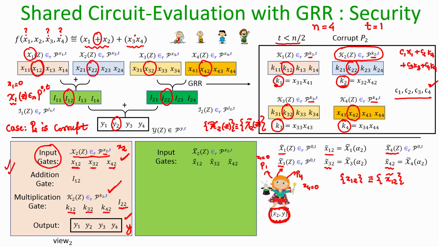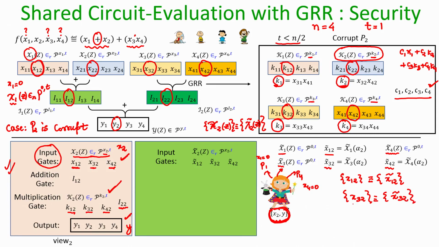but we have already proved earlier that irrespective of what exactly is the constant term of the random sharing polynomial, the probability distribution of up to t shares are identical. Following the same logic, it follows that the real x32 share, which P2 is seeing in the MPC protocol, is identical to the simulated x32 share from the viewpoint of a corrupt P2.